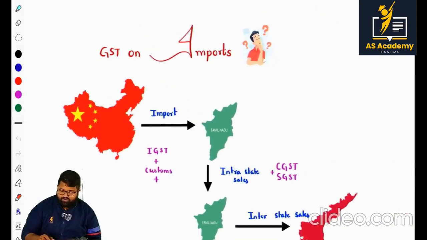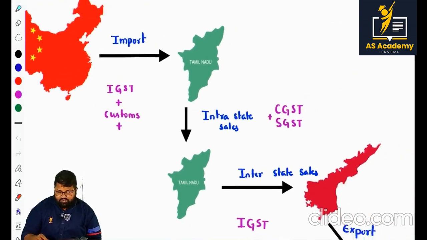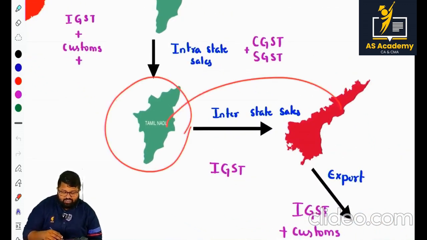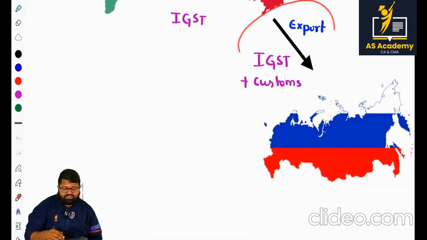Surcharge. Okay, but for example, in the same scenario, when the supply is within the same state, Tamil Nadu to Tamil Nadu, it is intra-state supply. What is levied? IGST. So from Tamil Nadu, if we are supplying the goods to Andhra, IGST is levied, and that is nothing but interstate supply. And again, we are exporting then